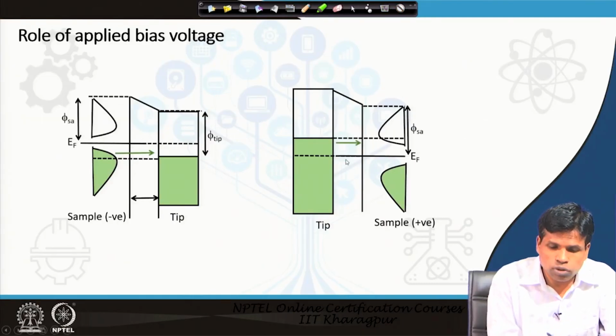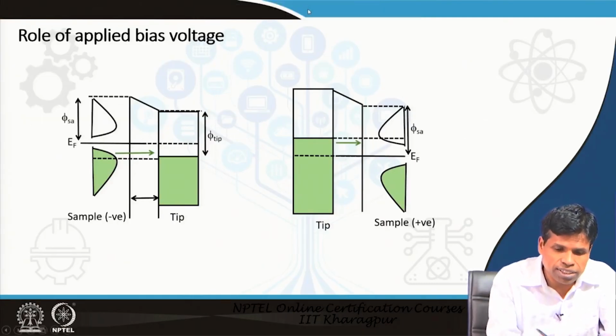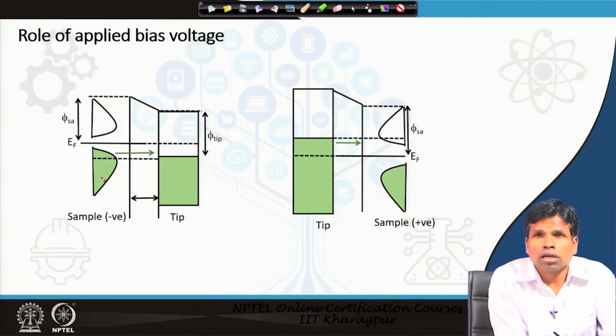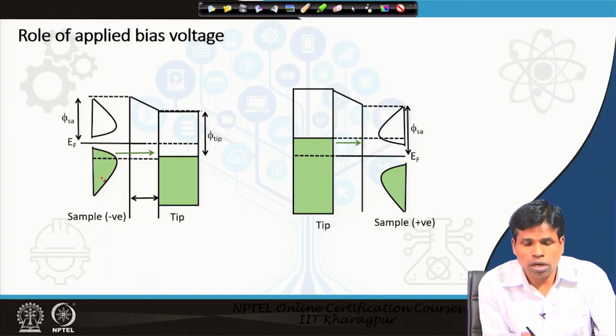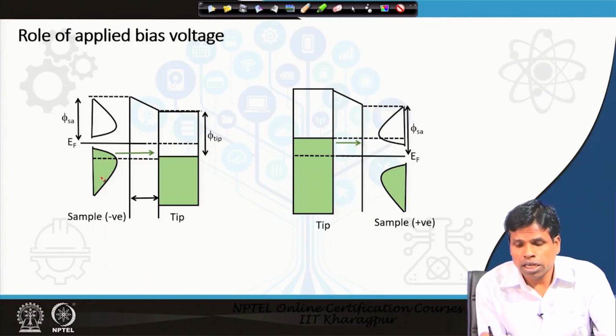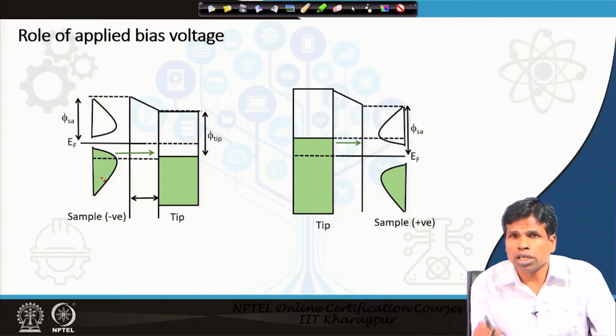Here, this is what I have shown before. When the sample is given a negative bias, electrons will tunnel from the filled states of the sample to the tip. If the sample is biased positive, electrons will tunnel from the tip to the unoccupied